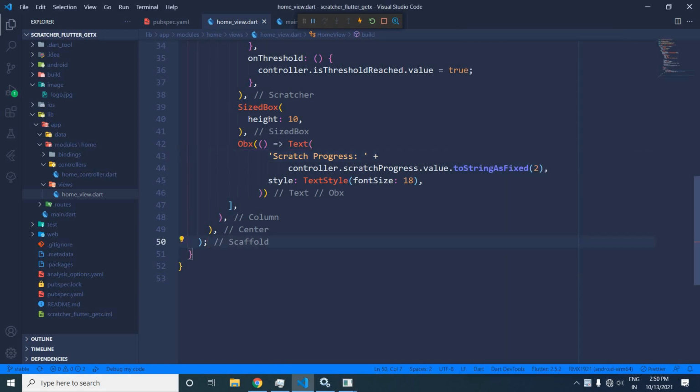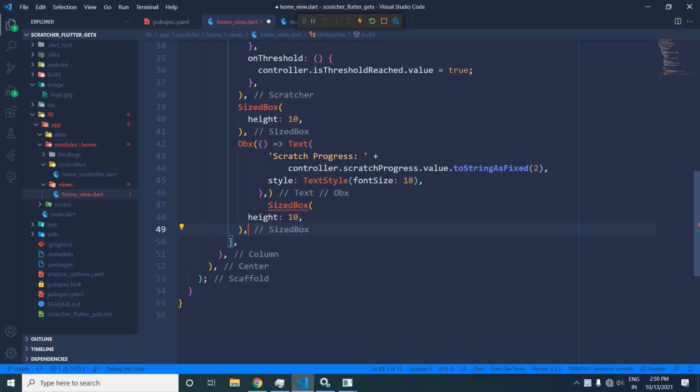Now here again I will copy this and paste it into the SizedBox. Fine. Now after this SizedBox, again I will copy this text and paste it here.